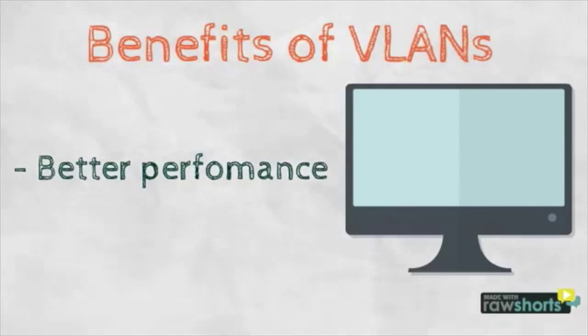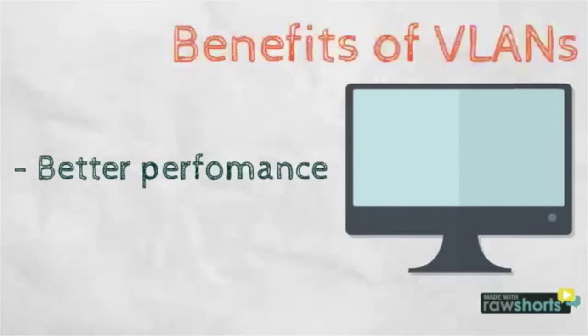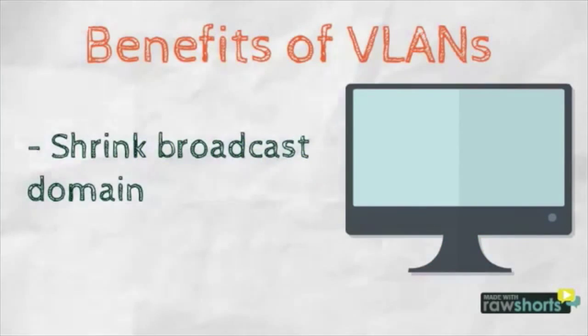Dividing a flat layer 2 network into multiple logical work groups, or broadcast domains, reduces unnecessary traffic on the network and boosts the performance. Shrink broadcast domains. Dividing a network into VLANs reduces the number of devices in the broadcast domain. Improved